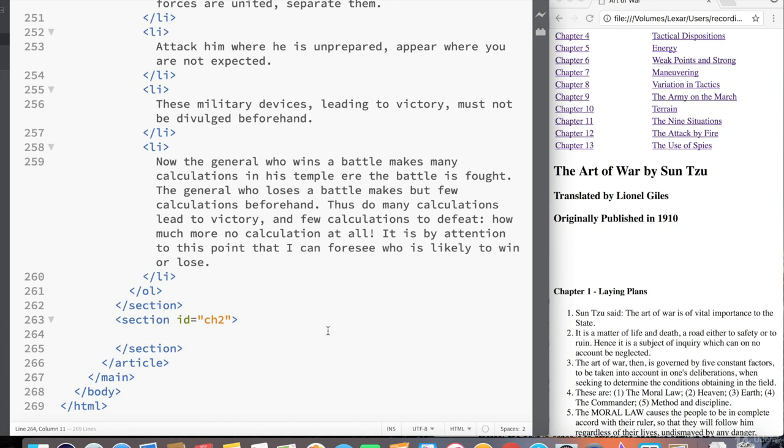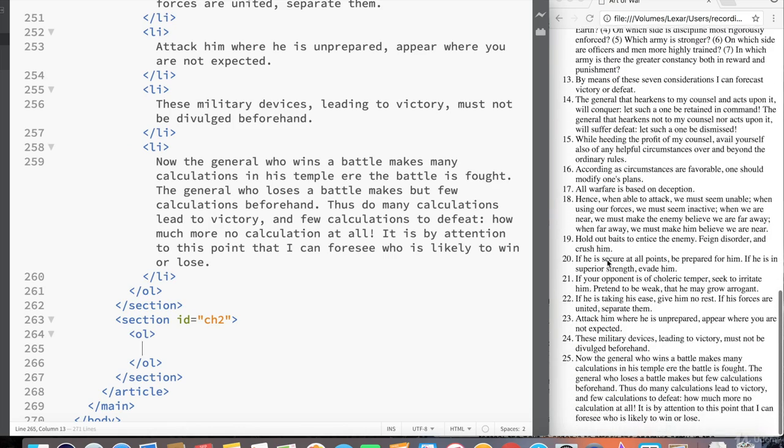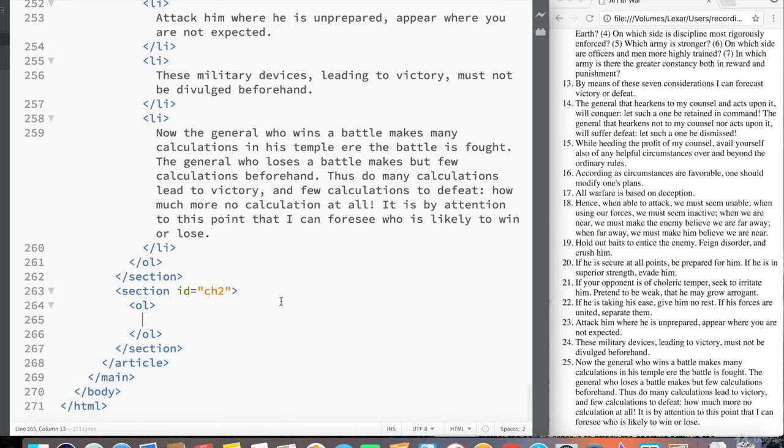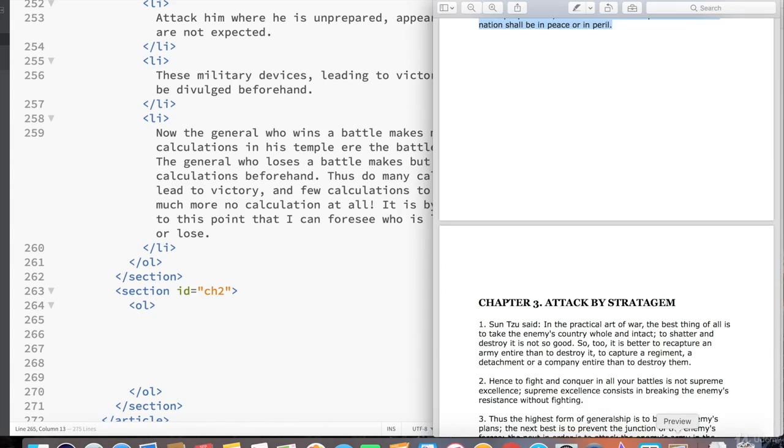Now, you might have come across that when you are pasting each line item, it gets a little bit tedious from the PDF over to the HTML document. So I want to show you a little bit of a shortcut that you can use using multi-cursor functionality in order to make the best of copy and pasting. So I'm going to add some spaces here, 1, 2, 3, 4, 5. I'm going to add 5 spaces here, and then I'm going to go to the PDF of the Art of War